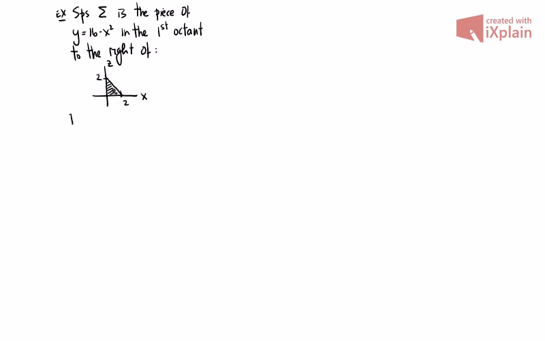And what we're going to do is find the integral over sigma of, say, something nice, z ds. Now, first of all, the description of sigma is very confusing here. So let's draw a picture of sigma so we can understand what all this weird description is that's going on here. Right? So first of all, it's the piece of y equals 16 minus x squared. So 16 minus x squared,